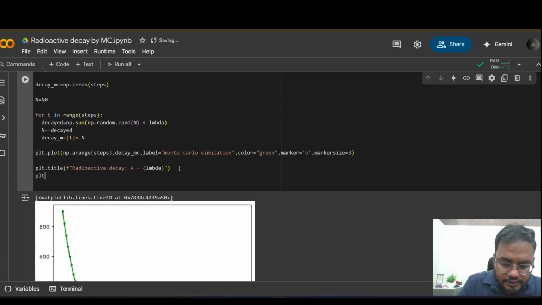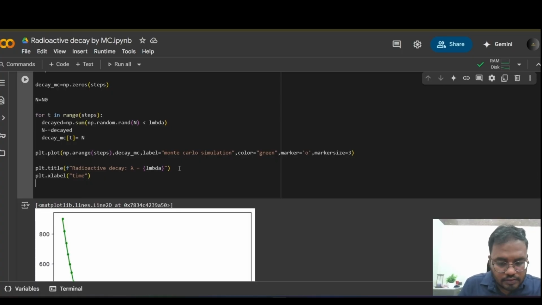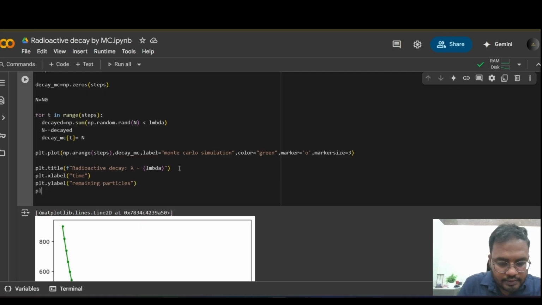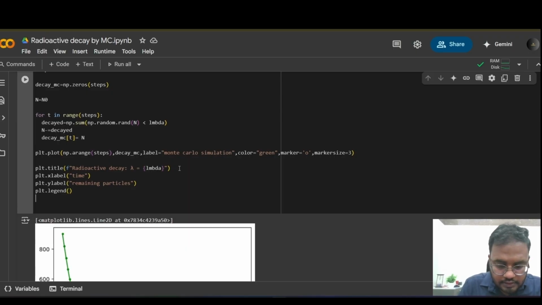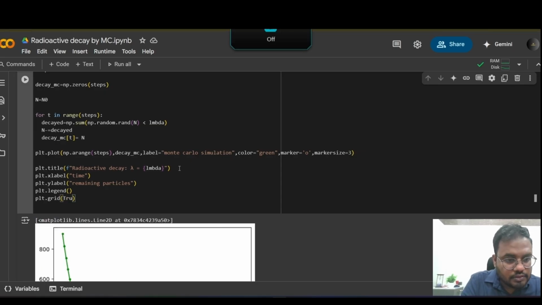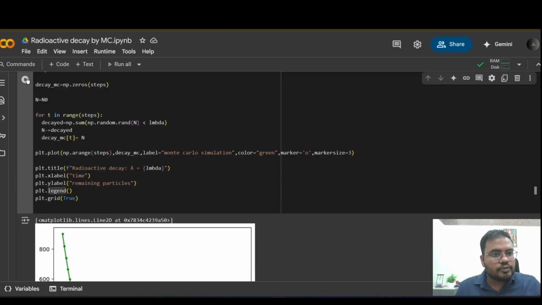Then plt.xlabel time, then plt.ylabel remaining particles. Then plt.legend. This is a very important line, legend. Hope it will work. Then plt.grid True. I always prefer grid. So now run it.